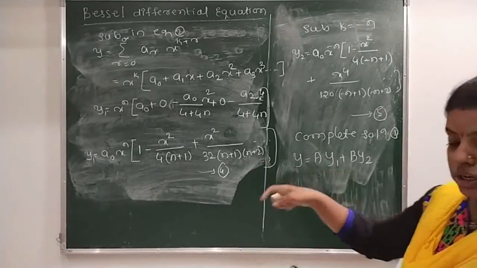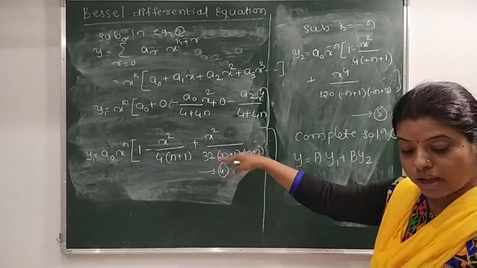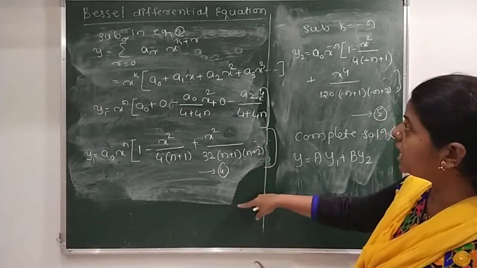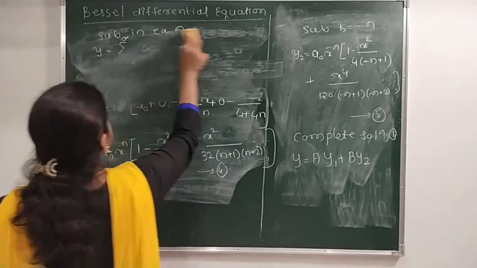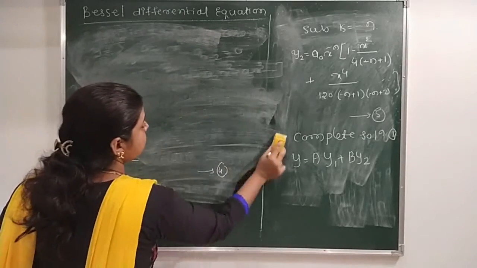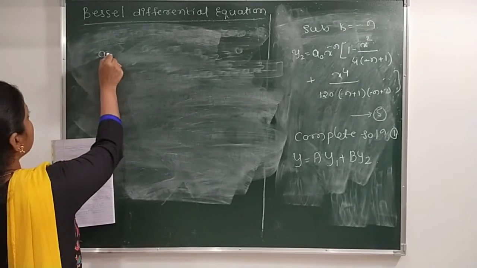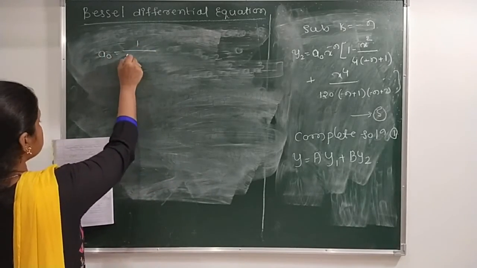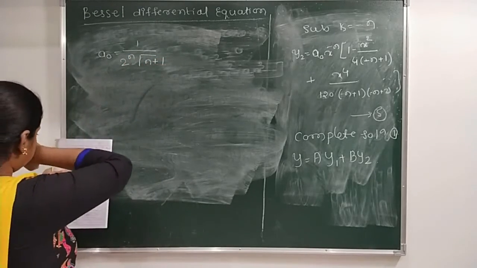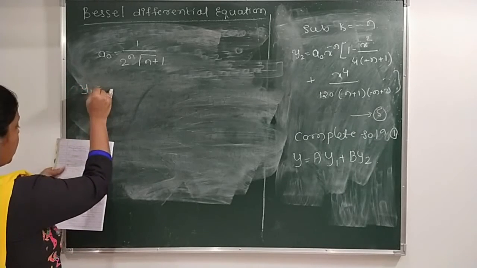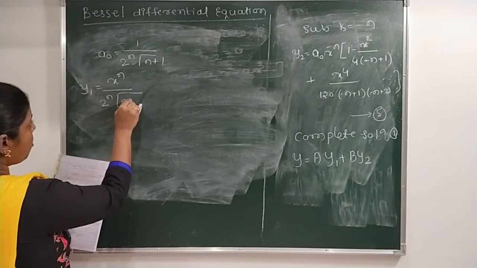In the gamma function, we substitute the a0 value in that equation and rearrange it in terms of gamma, so a0 becomes 1 divided by 2 raised to n gamma of n plus 1. Then y1 we have as x raised to n divided by 2 raised to n gamma of n plus 1